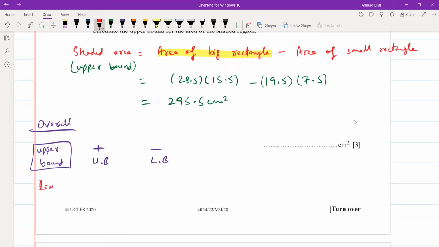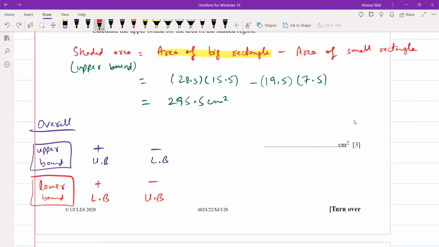अगर आपको लोअर बाउंड चाहिए थी, ओवरऑल लोअर बाउंड, उसमें आप क्या करोगे? जो प्लस वाला होगा उसकी आप लीस्ट पॉसिबल वैल्यू लोगे, राइट? और जो माइनस वाला होगा उसकी आप ग्रेटेस्ट पॉसिबल वैल्यू यानी उसकी अपर बाउंड लोगे। Does that make sense? Yes. राइट? जो अपर बाउंड अगर आपने निकालनी हो टोटल, तो उसमें क्या करना है? जो चीज ऐड हो रही है उसकी अपर बाउंड, जो माइनस हो रही है उसकी लोअर बाउंड। अगर आपने ओवरऑल लोअर बाउंड निकालनी हो, जो प्लस हो रही है चीज उसकी लोअर बाउंड, और जो माइनस हो रही है उसकी